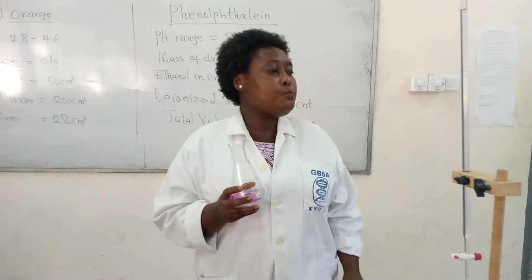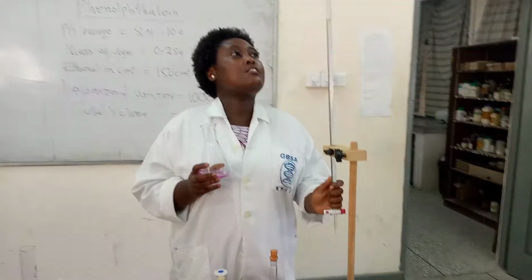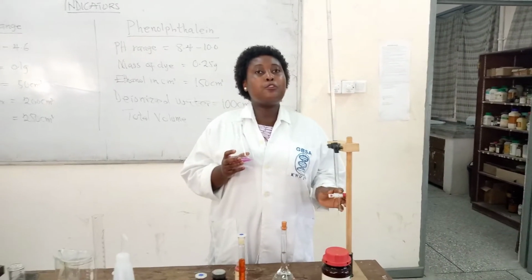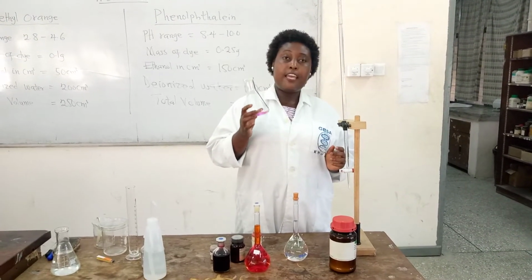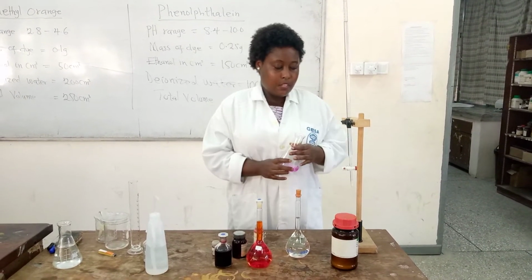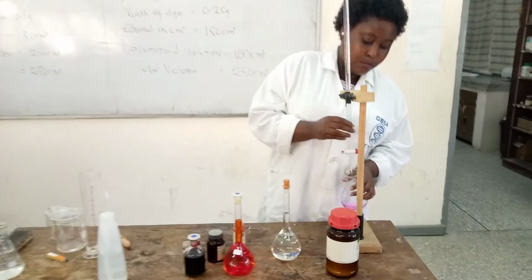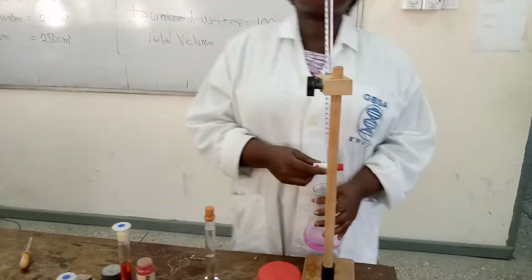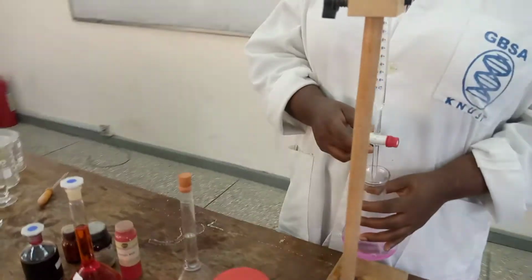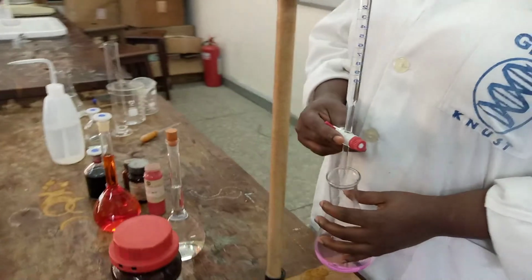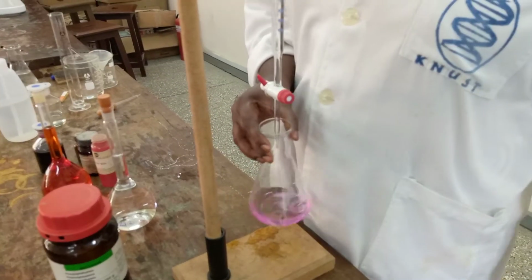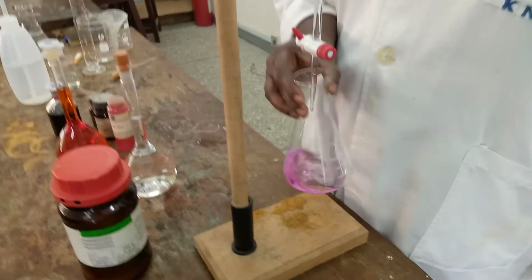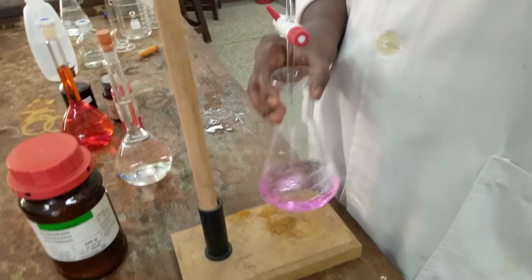So I have here with me a burette which contains dilute HCl. I'm going to perform titration to see if I'll get another color change. So as you open the tap to release the acid, you have to be shaking as well. You have to be very careful. So as the acid is added,